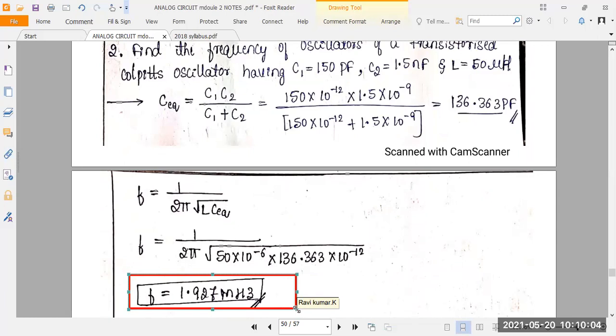Understood? So in the previous class we discussed the RC phase shift oscillator, right? The RC phase shift oscillator, the frequency range is almost below 10k. We can generate frequency below 10 kilohertz. But when it comes to the Hartley and Colpitts oscillators, we can generate the frequency in the mega range, 1 megahertz to 10 megahertz. That is the frequency range for the Hartley and Colpitts. Understood? Because they use an L and C combination for the resonant frequency, from that you can generate higher frequency compared to the RC phase shift oscillator.